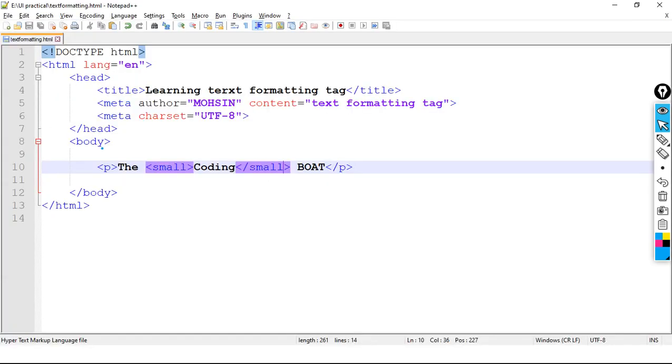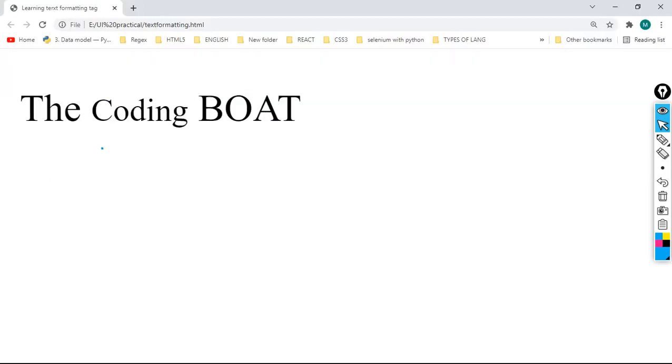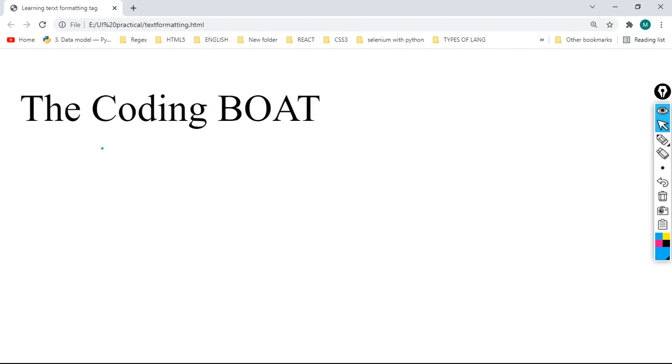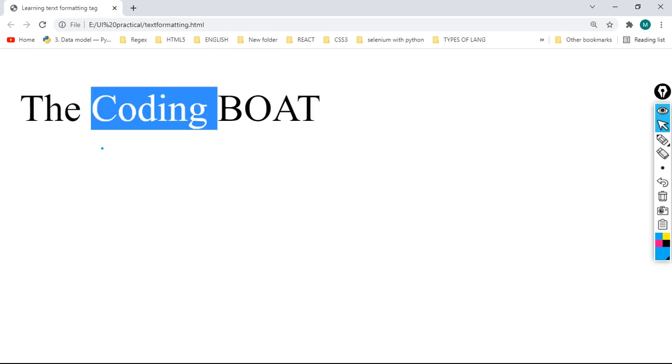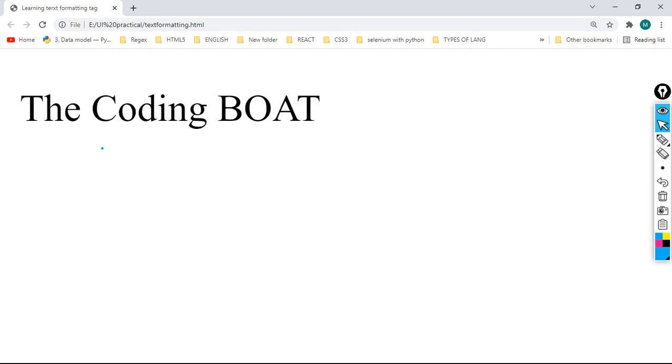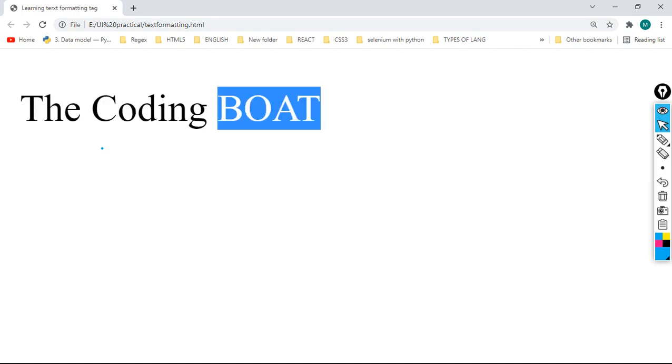Let me remove this small tag. Let's check what will happen. We have saved and now refresh. I have saved the code. I have removed the small tag. Now let's refresh the page. See here, correct. Previously coding was coming in small font, but now all three words of coding are the same